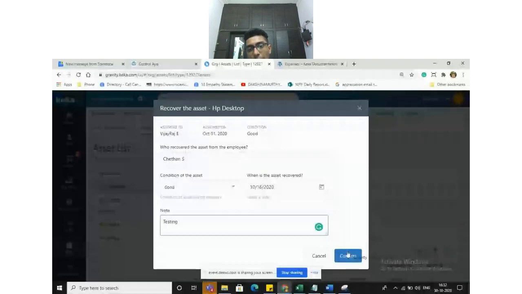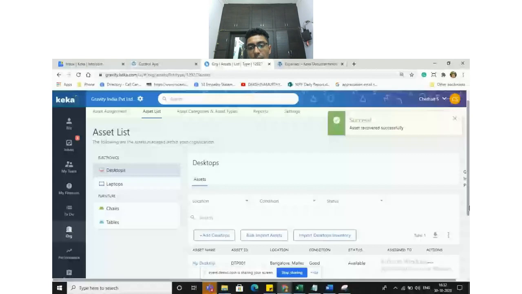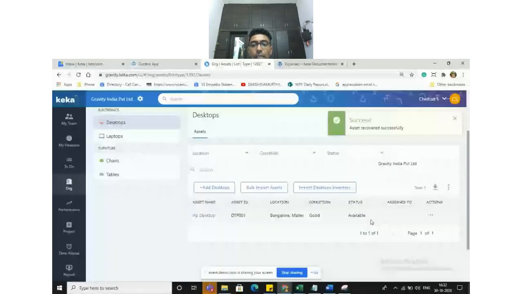Confirm. As soon as you recover this asset, you'll see that the status is available. First it was available, we assigned it to an employee, then the status changed to assigned, and once we recover the asset from the employee, again it is in the status of available, which can be allocated to any other employee.